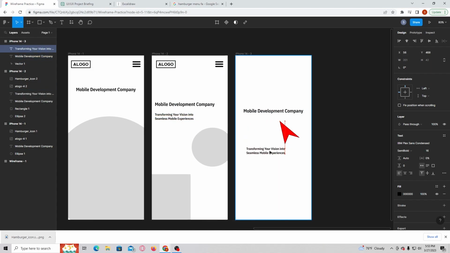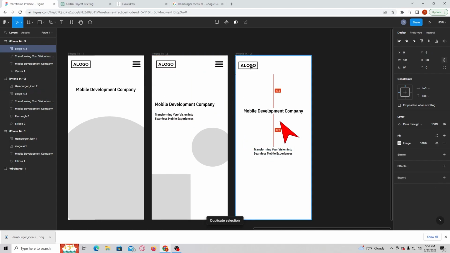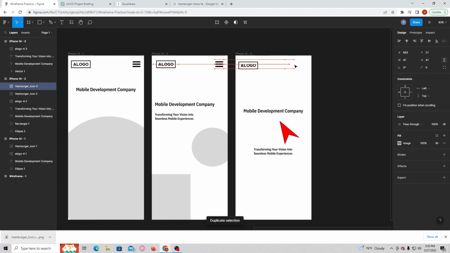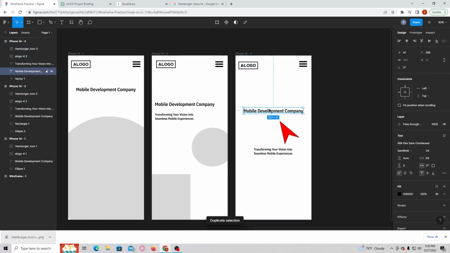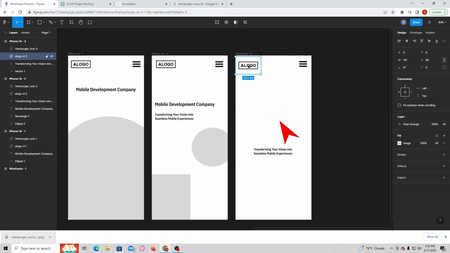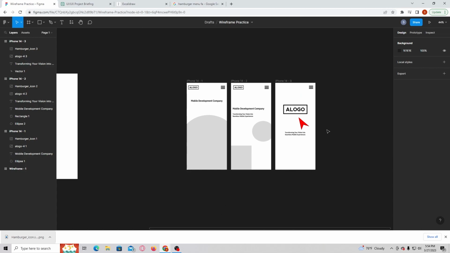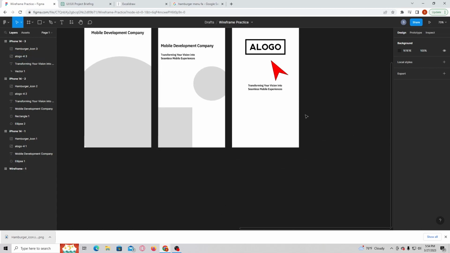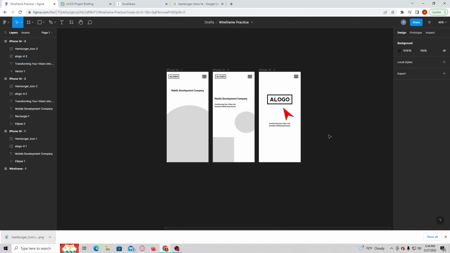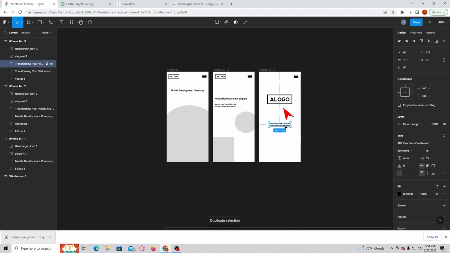I'm just going to move that down here, let's move that here. Or another thing that we can do is just also have the logo front and center right here. We can have this just kind of showing off right there. So already we sort of have these 3 wireframes that we can go off of just a